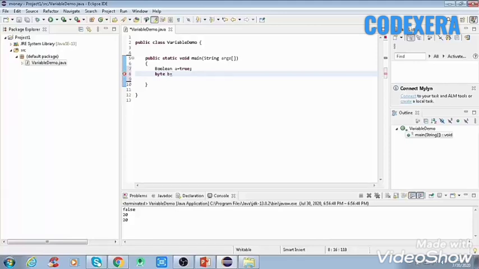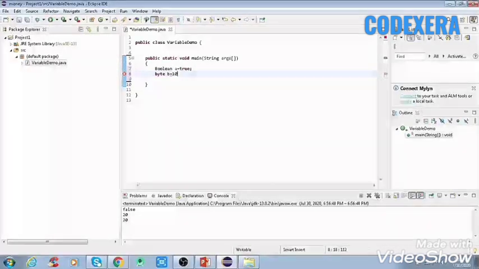The size of the byte data type is from -128 to 127, where -128 is the minimum value and 127 is the maximum value. Any value which we include in this variable should be in the range of -128 to 127. So we will put 10 and it will be accepted.